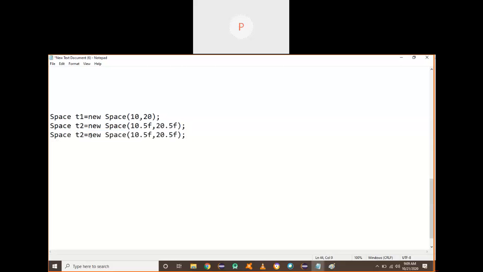One more T3 constructor you can create like this. Some T3 you can create something like 1000 or 100 you are passing. Whatever name you want to give, you can give. Here, if you observe these three statements, these are taking two values which are integer type. These are taking two values which are float type. So here the data types are changing. The type of data you are passing is changing. Here the number of parameters is changing.